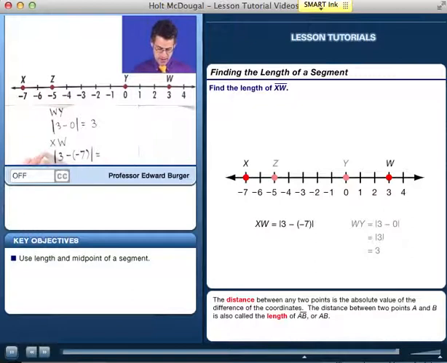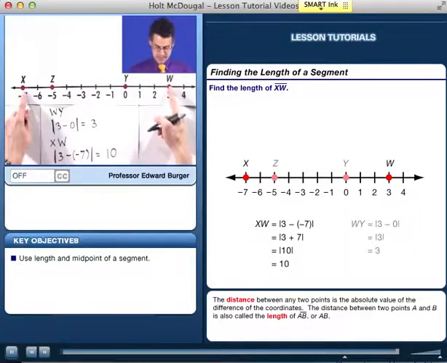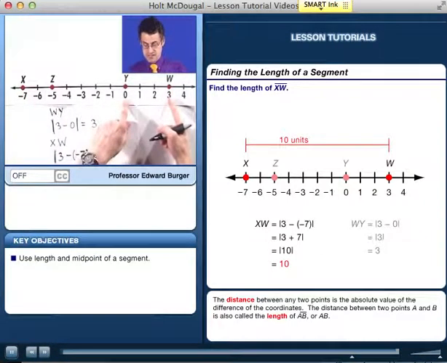And how do I compute that? Well, when we have minus and negative 7, that's the same thing as adding 7. So I basically see 3 plus 7, which is 10, and the absolute value of that is 10. And so I see that the length of this line segment is 10, while the length of this line segment